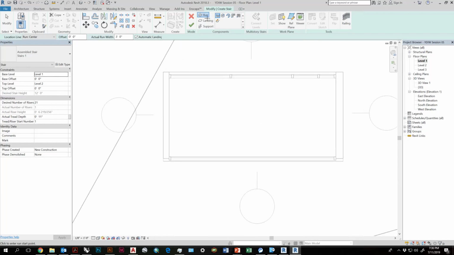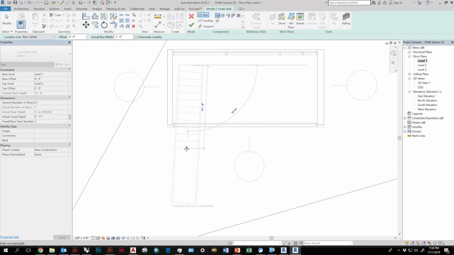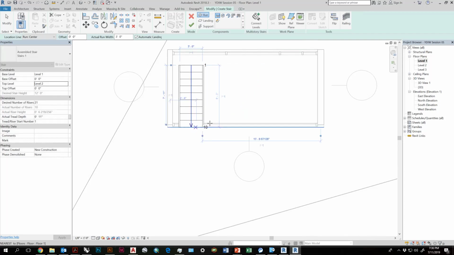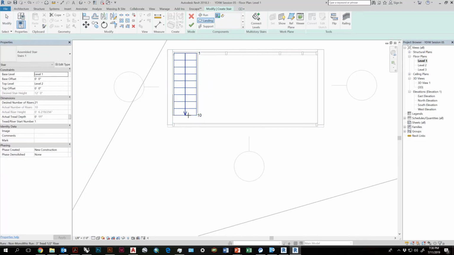And you can have them be winding, so right now I've got it set to run. And it's going up from level 1 to level 2. I can also make that go all the way up to level 3. I'm going to just create the stair here. It tells me how much stair I need to make before I reach the next level. And I need 21 stairs, so let's say I build 10 of them. And I move this over here. And then create a landing.